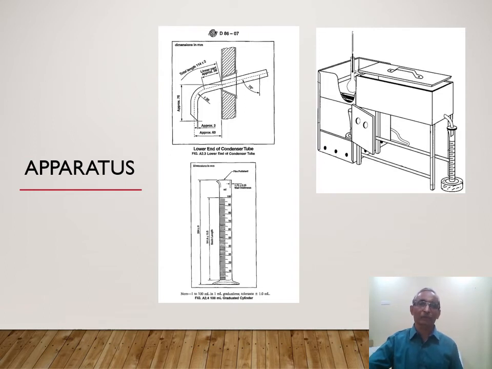If you are a manufacturer or someone who sells these units, you are only supposed to give the number ASTM D86. If you say that we require ASTM D86, they know that we require this particular dimension. There is no need to explain the dimensions here. IP methods and ASTM methods are available in the standard books. These offices are also available. You can get these booklets separately also for the respective testing methods.